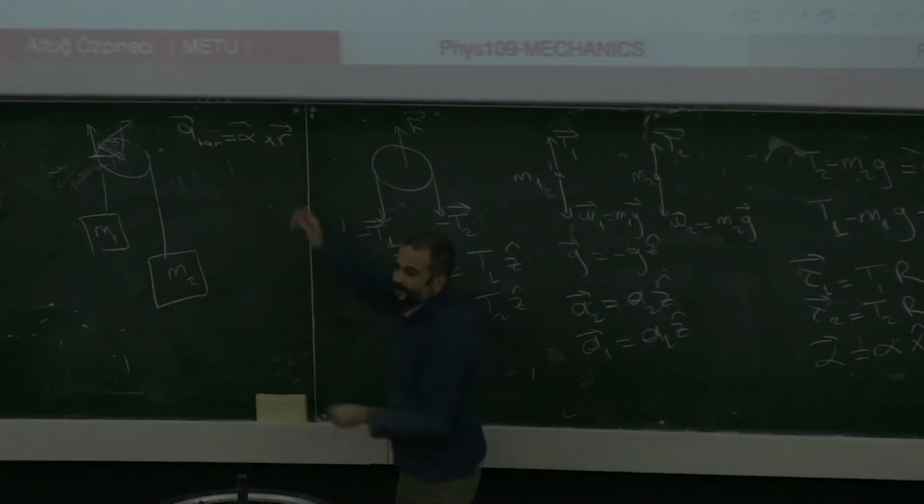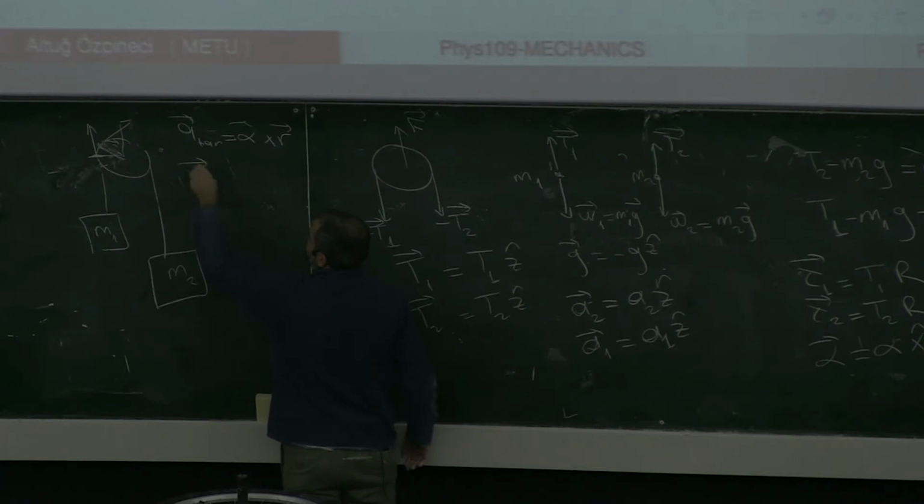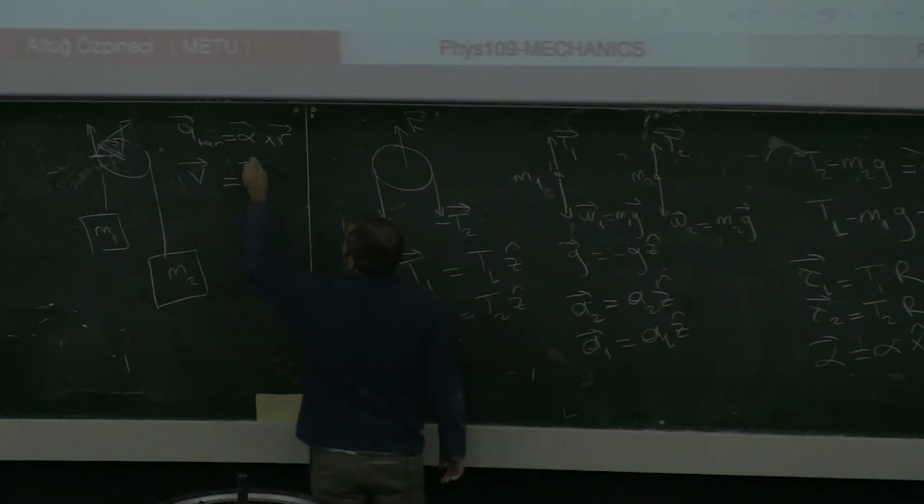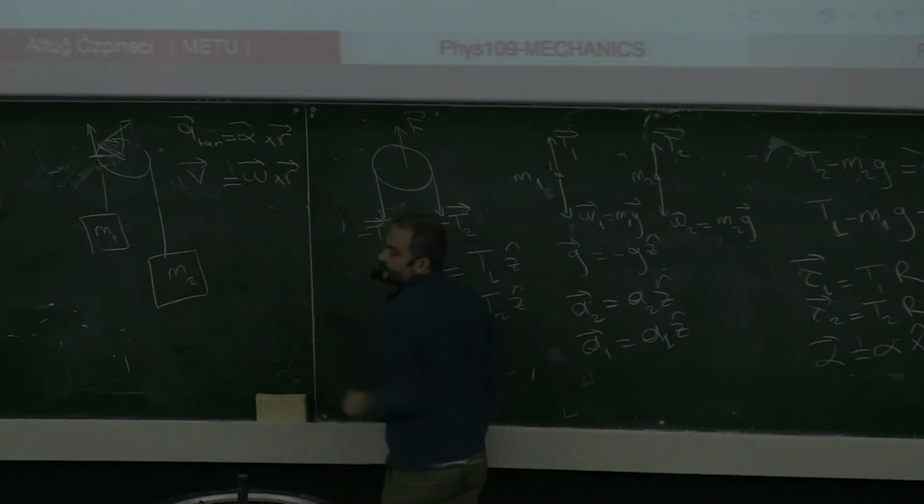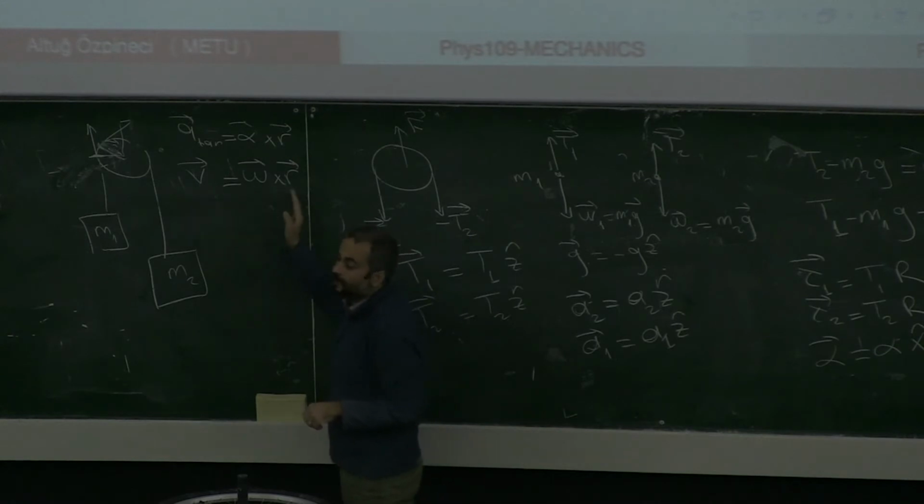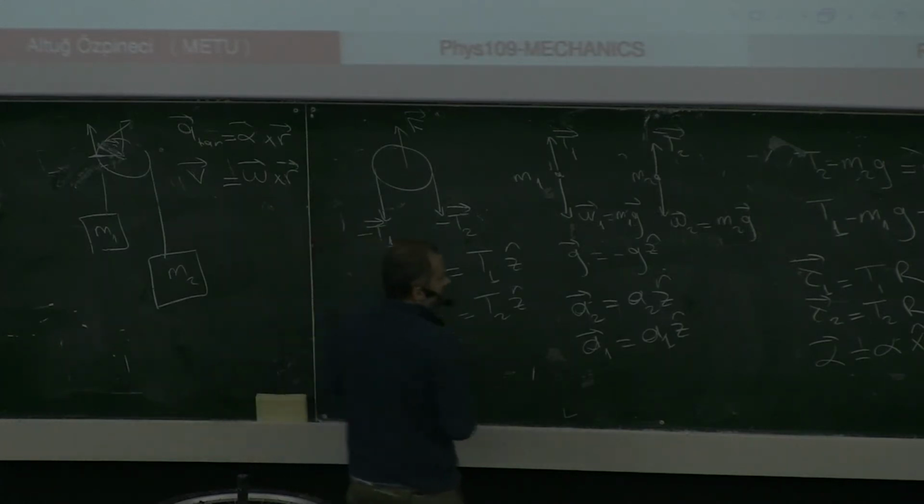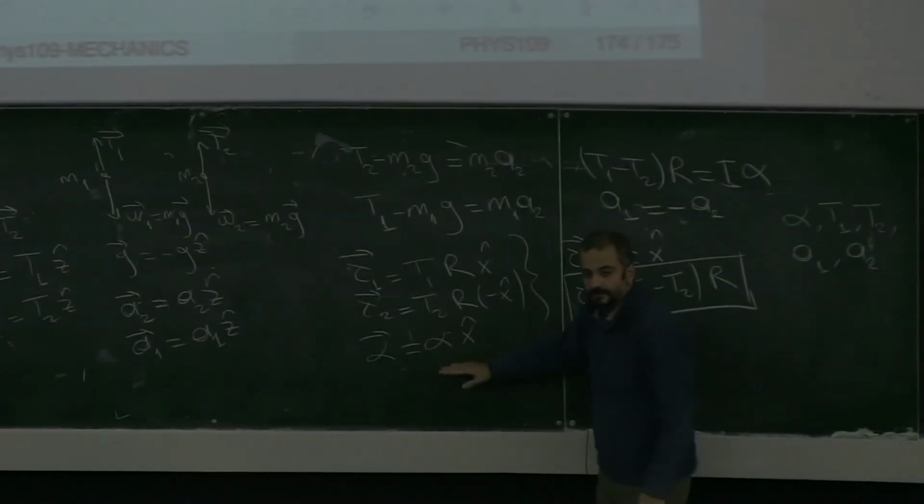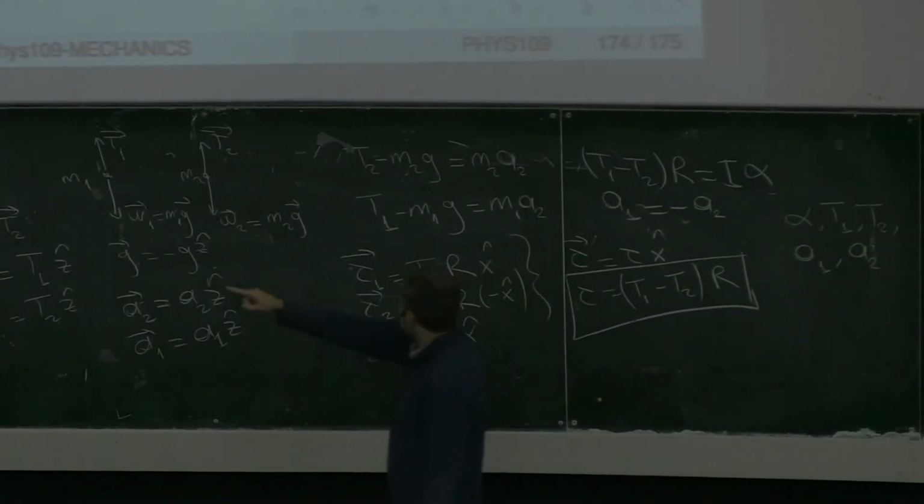Now, why is this so? Remember, we had the velocity of a point on our rotating object is omega cross R. So if velocity is omega cross R, the tangential acceleration is just alpha cross R. They're due to the change in omega. Now the tangential acceleration, okay, we said that alpha is this. For that point,